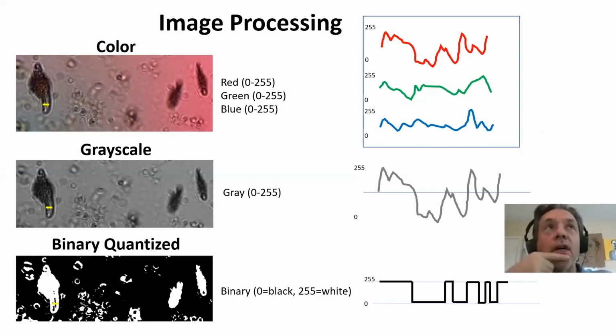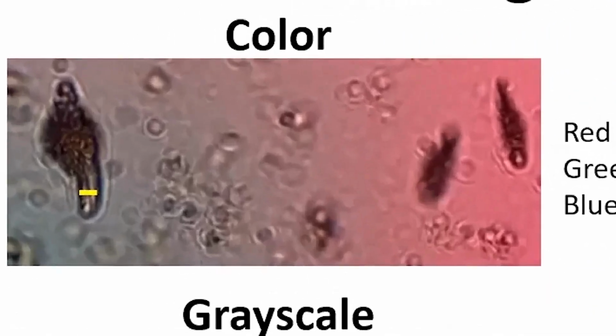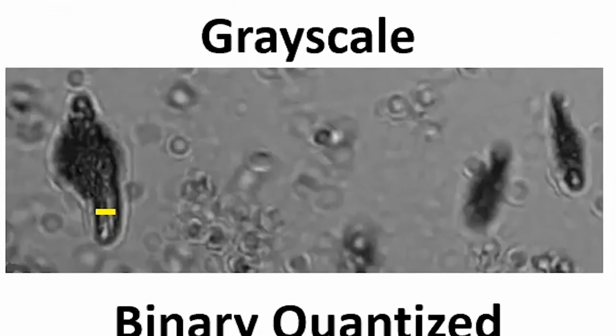So this movie is starting as a color movie. Since we're using a white light source, you do get color information. But right away, we just go to grayscale because we're really interested in shape. And so to do that, we have to get it into a binary image. So we basically take the color, turn it into gray, and then the simplest way to get a binary image,